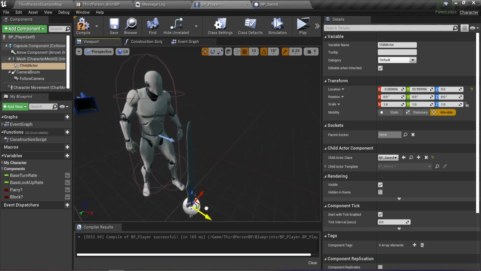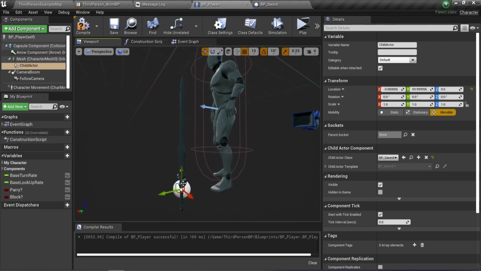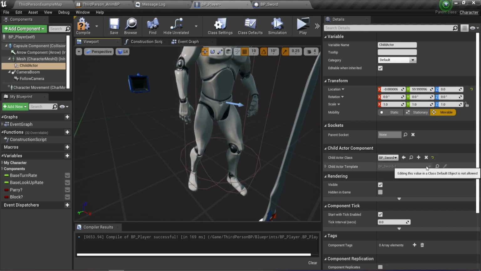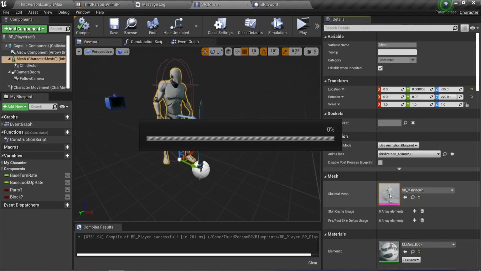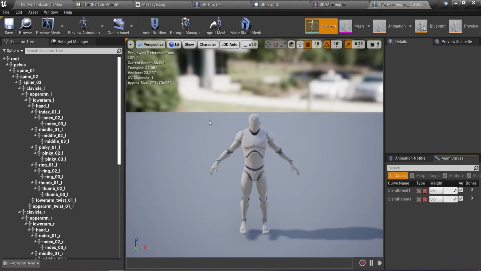The sword is here. As you can see, a sword is already connected and has appeared here, but the problem is it doesn't appear on the character's hands. The reason is that we need to create a socket for the character itself. So we just need to search for the character's skeleton, and under the skeleton we need